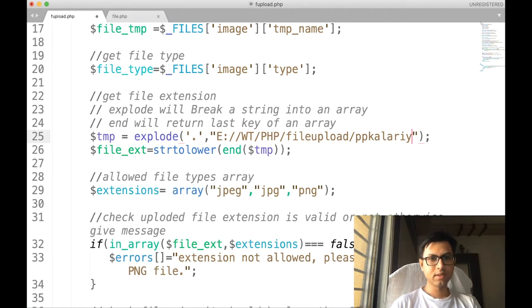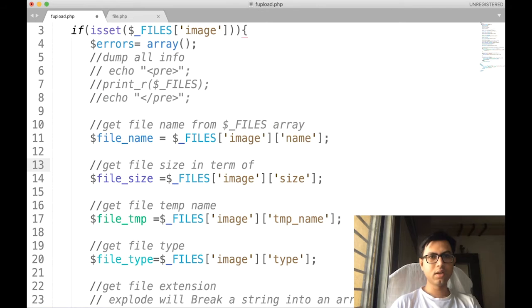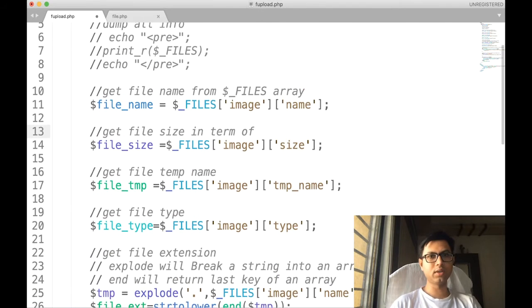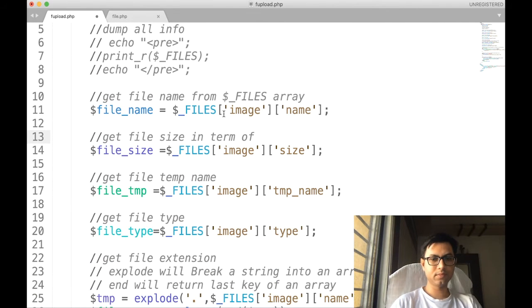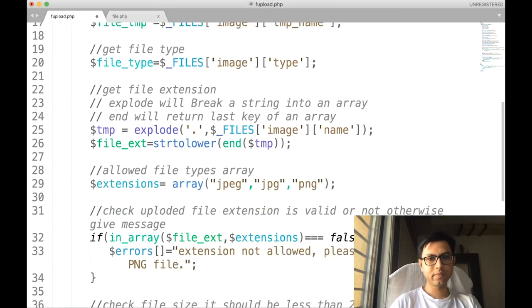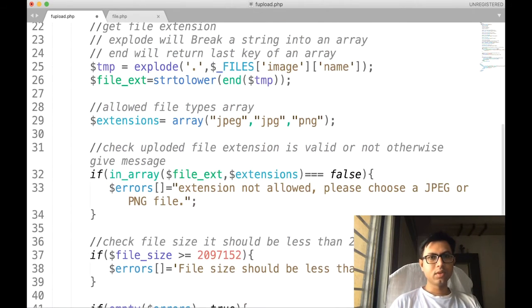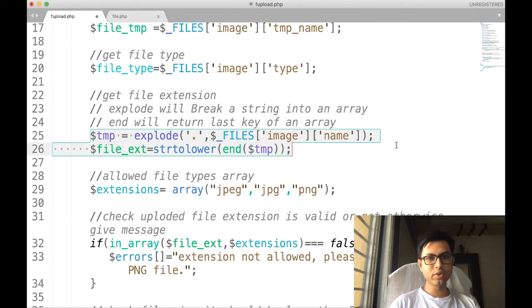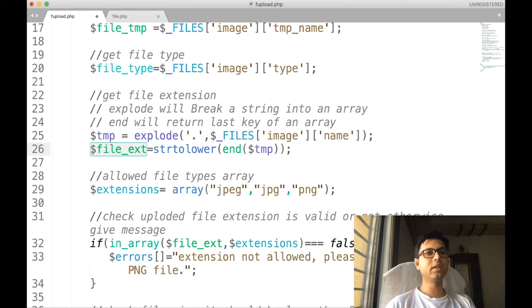Now let us go back and make the syntax that is effective for this program. Ultimately, using this syntax, we want to get only the file extension inside the temp variable.